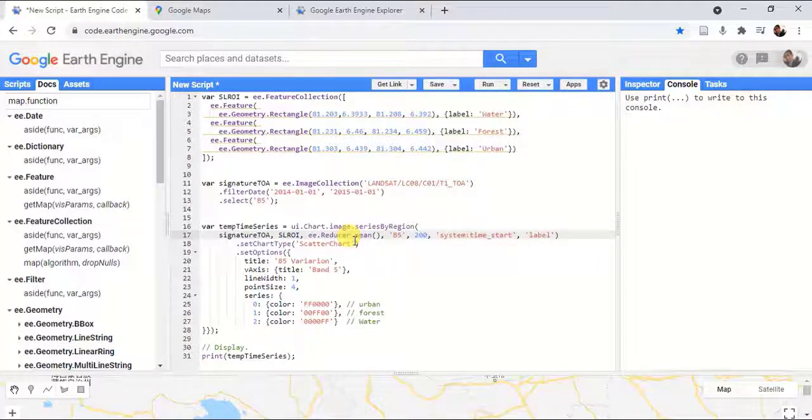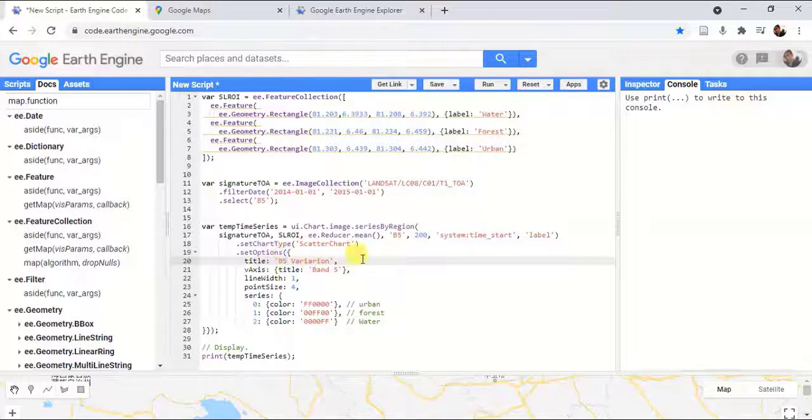So when we are calculating the ROI spectral signatures, it will consider the mean value of the reflectance with respect to water, forest and urban. And then I have used the scale as 200, and finally I have given a title for that